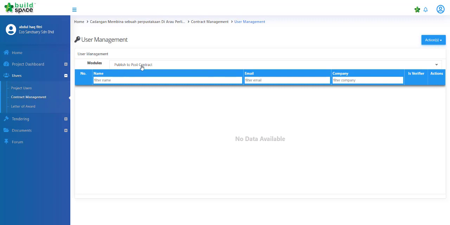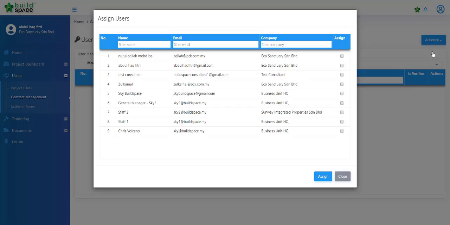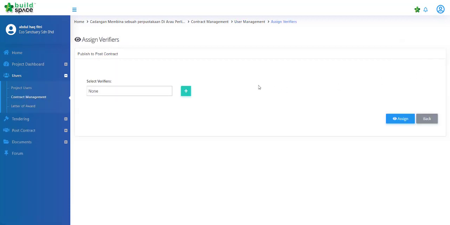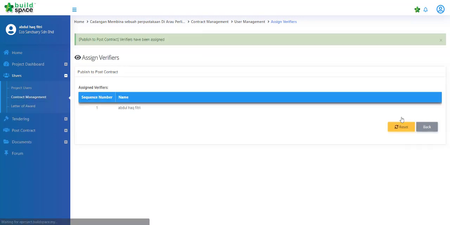And in contract management, select Publish to Post Contract. And here, click on the Assign Users, select the users and click Assign. And then go to the Assign Verifier. In this verifier, click on the users we assigned earlier and click Assign. Once finished,